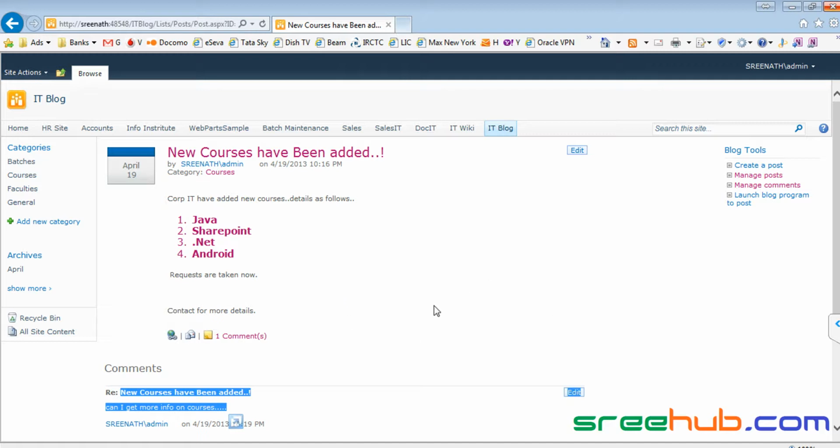So we will be checking those permissions again, right? Now, this is how we actually monitor posts and comments. Fine. So till here, do you guys have any doubts, right? So what we have seen till now is that a blogging site can be created only under a site collection